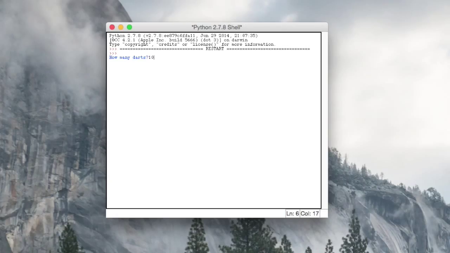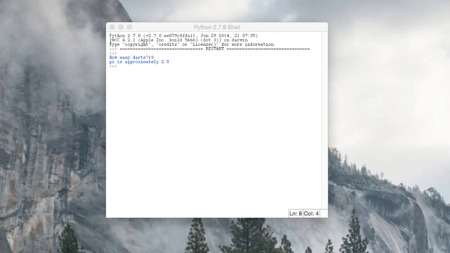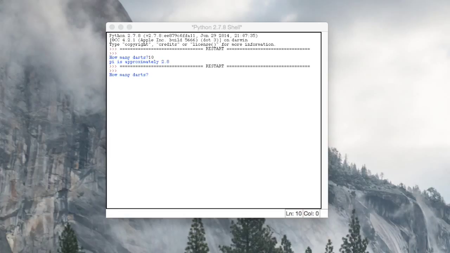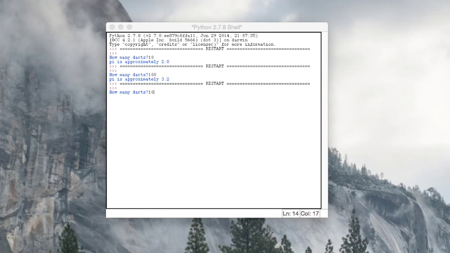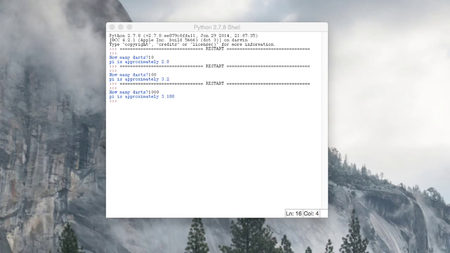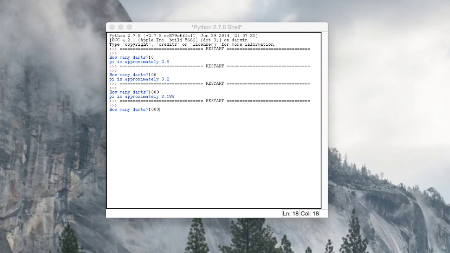Let's first try it with 10 darts. We get pi approximately equal to 2.8. As we increase the number of darts, the approximation for pi gets closer to pi. With 100 darts, we get pi approximately equal to 3.2. With 1,000 darts, we get 3.188. With 10,000 darts, we get pi approximately equal to